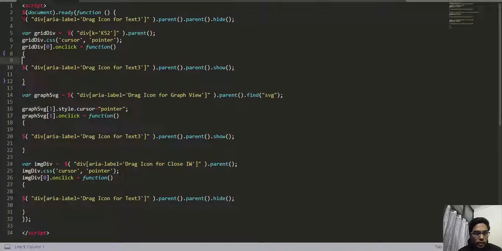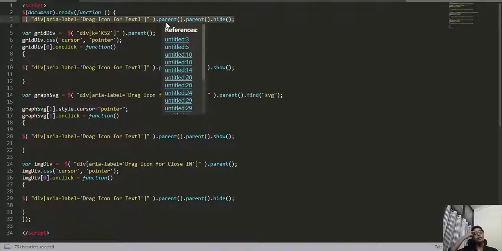In this manner we can capture the div like this. We get this div, go one level up to the parent, one more level up, and that will be the parent div of the group, and we can hide that when the Dossier is created, or you can say inside the document node ready, we can hide that particular div. Okay, so the first time Dossier loads, it will hide that particular div, and inside that div all the objects automatically hide, right?